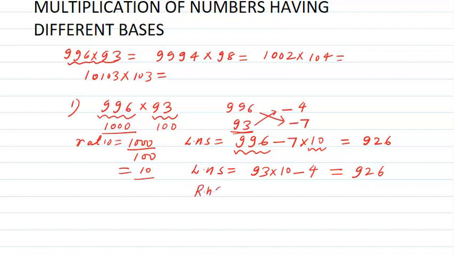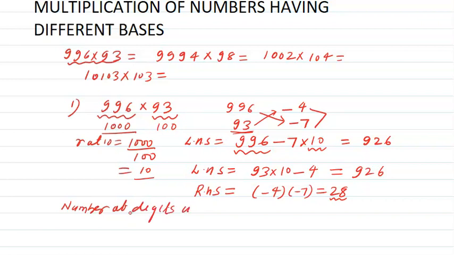Next thing is that we are going to calculate the right hand side, and to calculate the right hand side we multiply these two numbers, that is -4 into -7, that is equal to 28, right? Now since we have got the right hand side as 28, one thing which we have already seen in the previous video also, and it is an important point, is that the number of digits in RHS, right hand side, should be